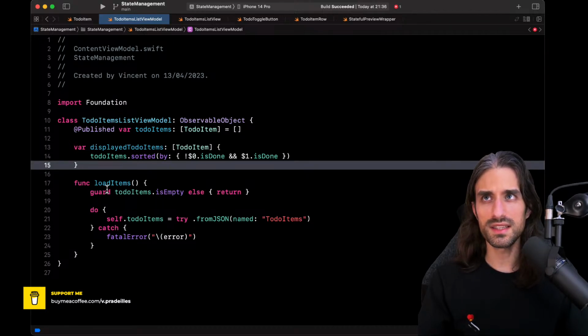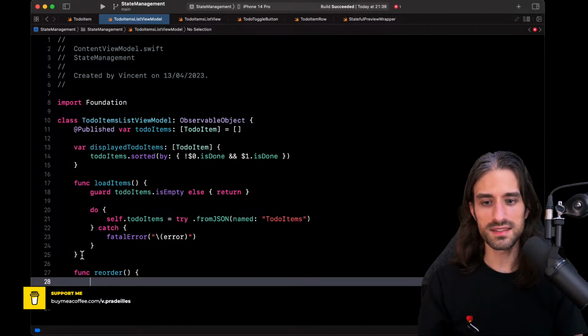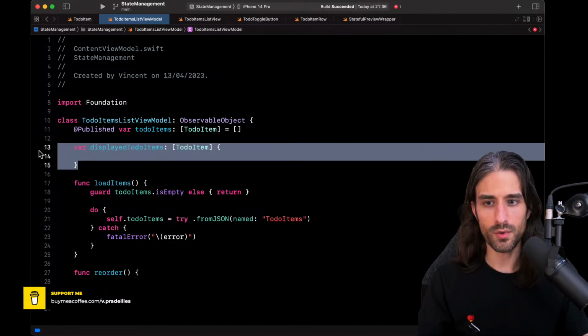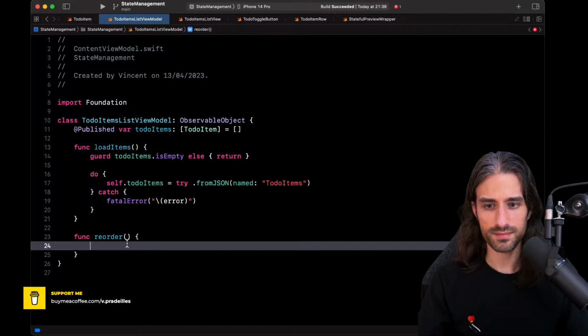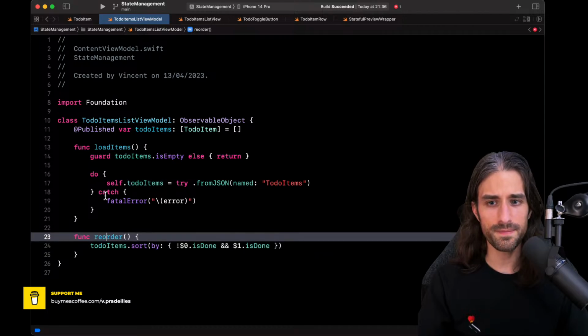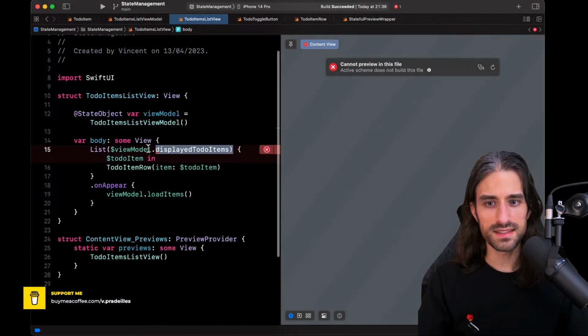So what I will do is introduce a new method that I call reorder inside my view model, and I will move this code right here to it. And instead of sorted by, I'm doing sort by, so that I modify the array instead of returning a new sorted array. And then I need a way inside my view.